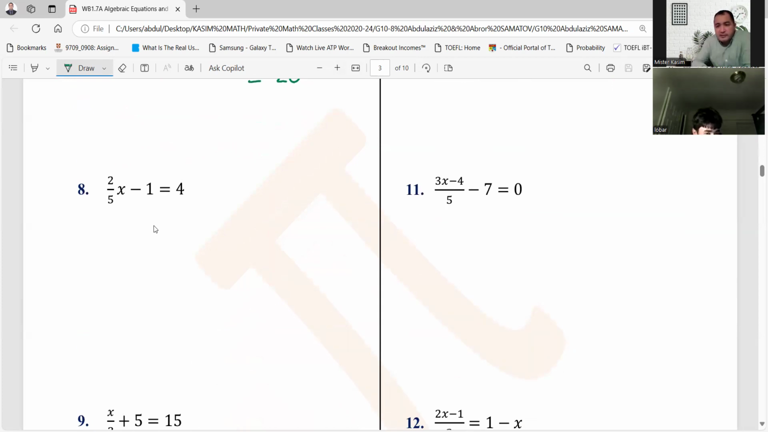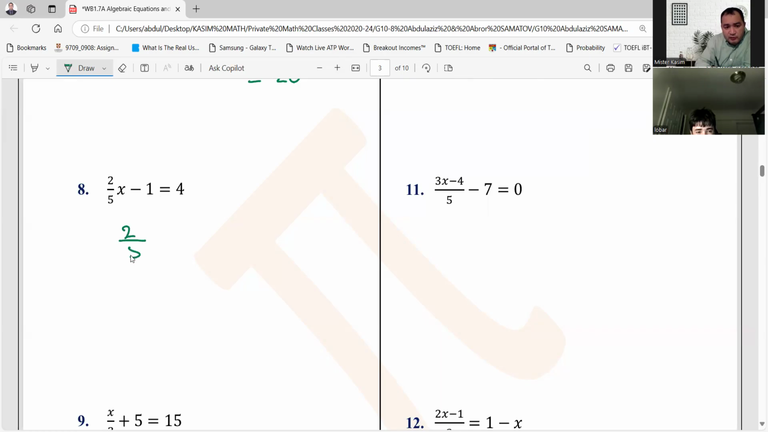What do we do here first? Abdulaziz? Changing the places. First, we move negative 1 to the right-hand side, right? Okay, so you should write 2/5 of x is equal to 4 plus 1, which is 5, right? And now there's a fraction multiplied, so we move it to the right-hand side, so x will be equal to